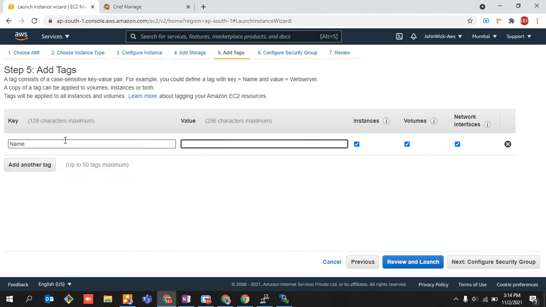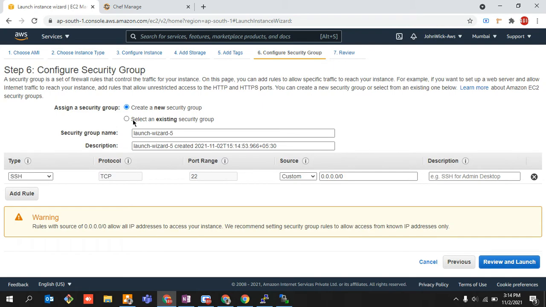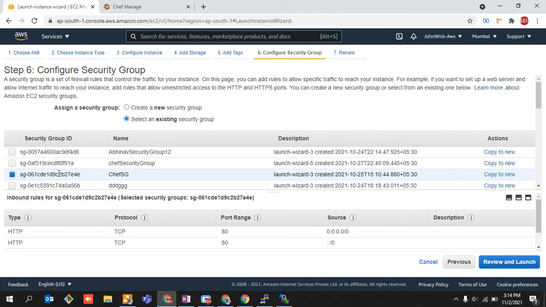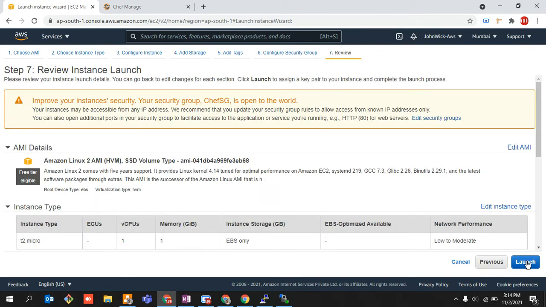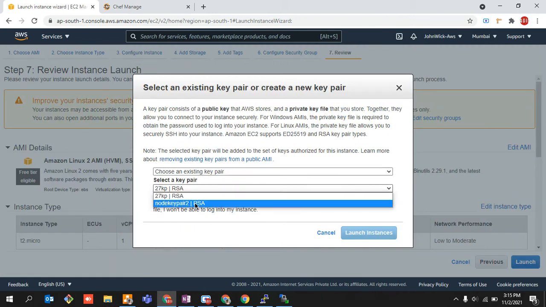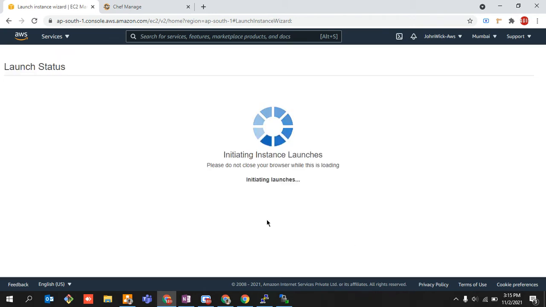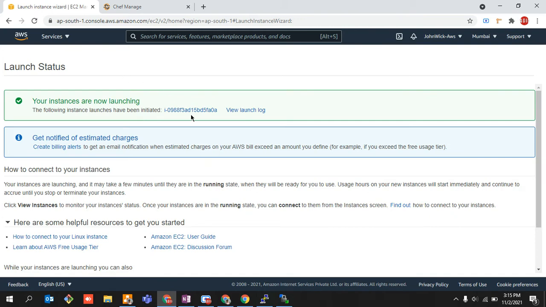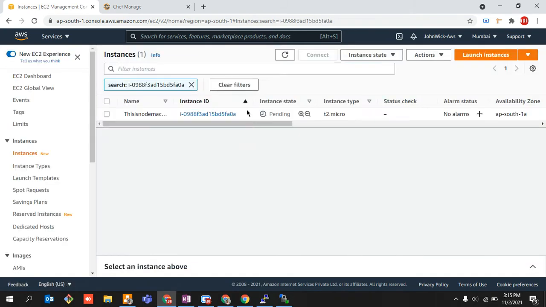Let's say this is node machine 1. Security group, chef security group, preview and launch. Quickly launch it, and get over to the particular area.